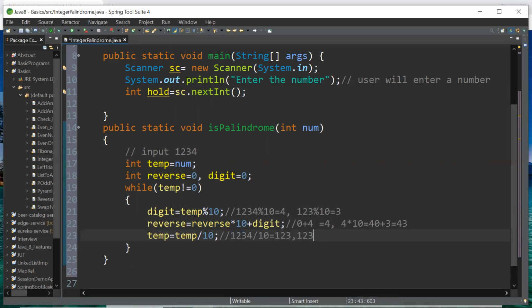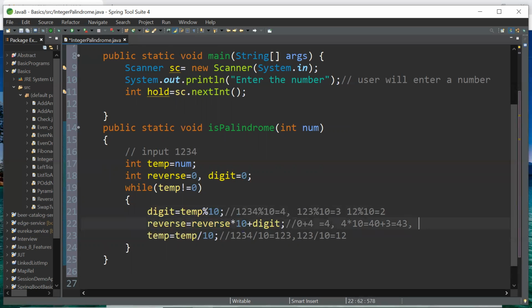Again, 123 divided by 10 gives 12. So again I come here: 12 modulus of 10 gives 2.